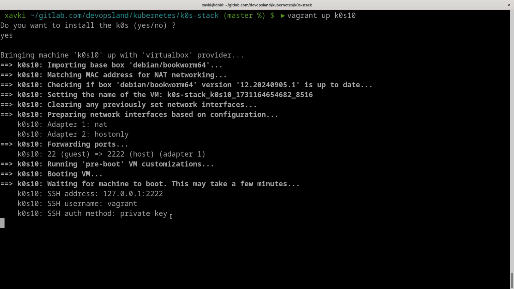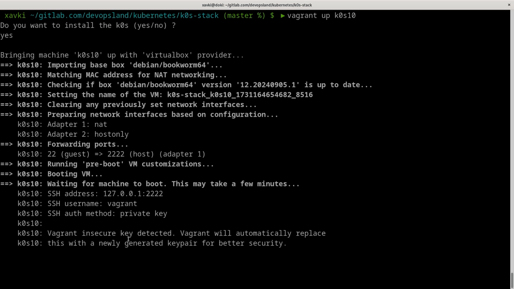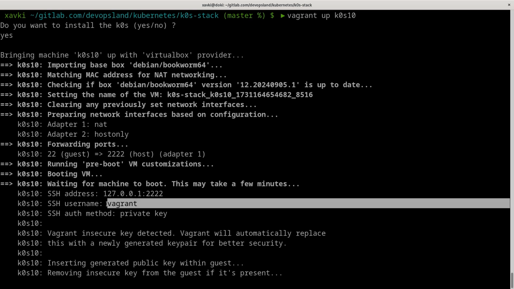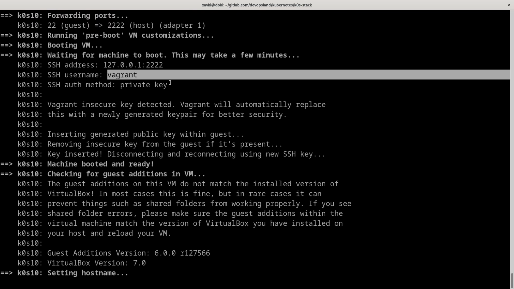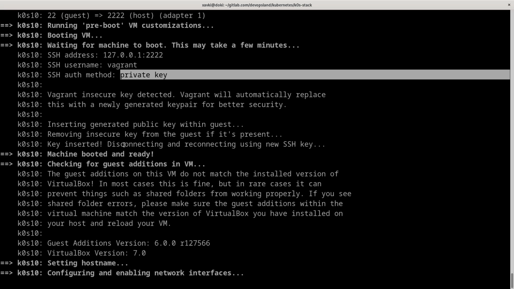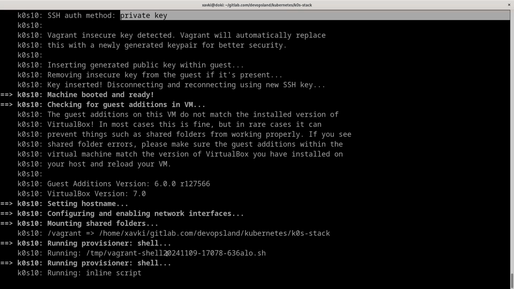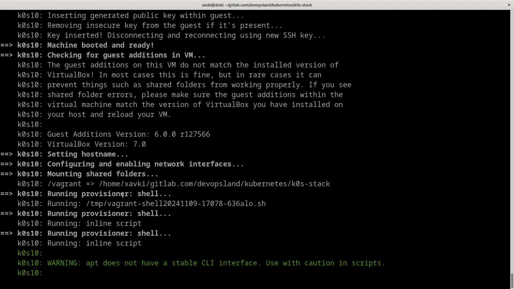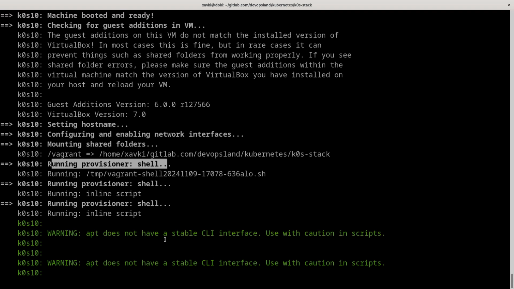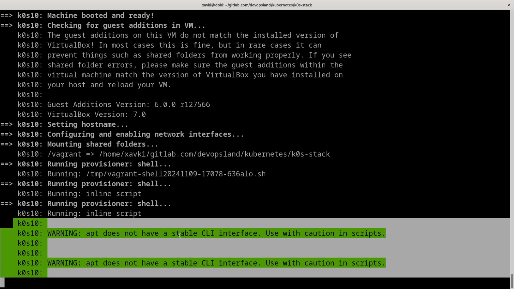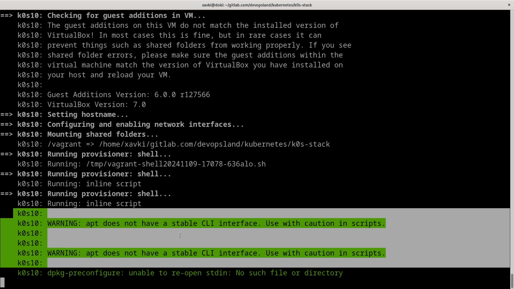Vagrant can then connect with SSH with the user vagrant and its own private key. Now it's okay, and Vagrant can configure the server specifically for our usage and run the shell script provisioner here. This is the output of our install scripts.